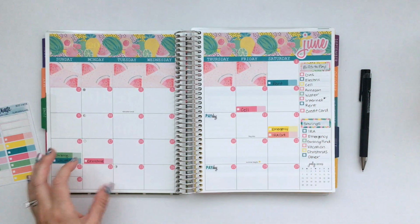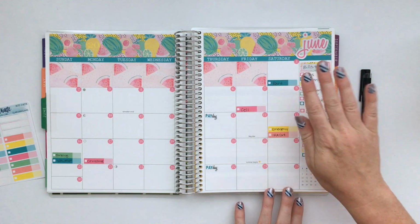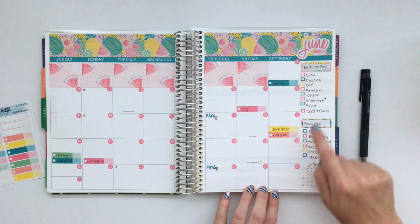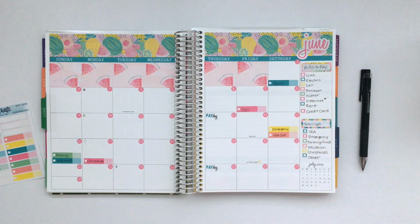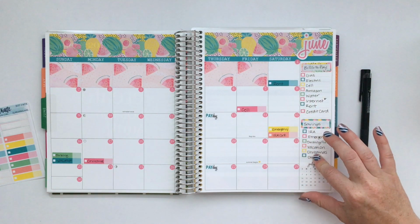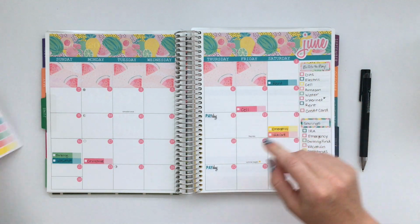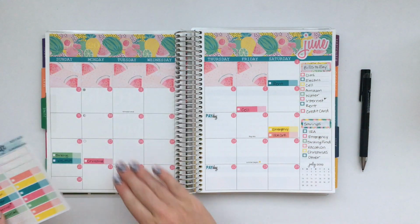I have my paydays marked off, and then instead of using the monthly sidebar, which was giving me some trouble this time, total user error, I ended up using these quarter boxes here and writing bills to pay and savings and then putting a checklist for each one. After I did that, I've written down literally every bill and every savings that we have. As my bills arrive in the mail, I will check them off here. I will put the amounts on the bill pay boxes and I will stick them on the day that they